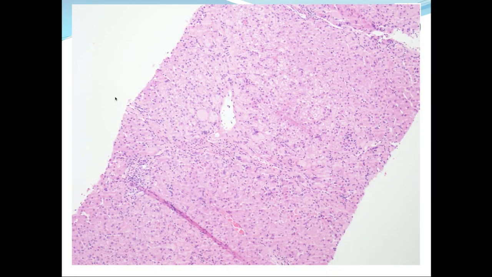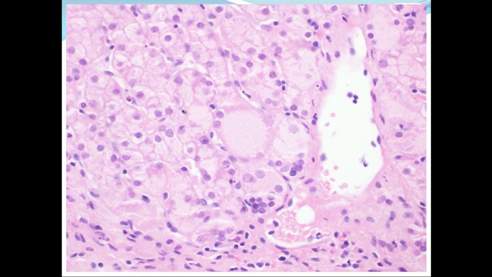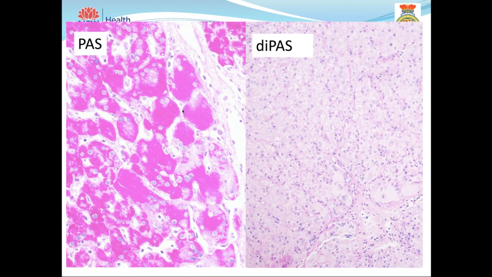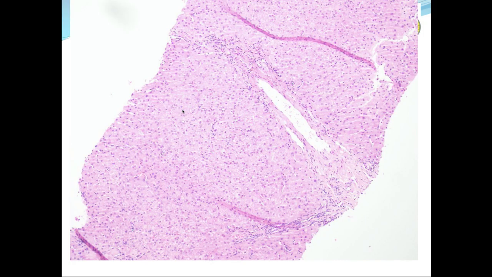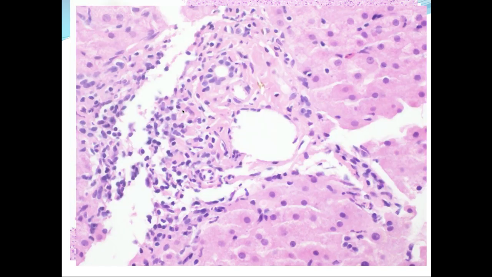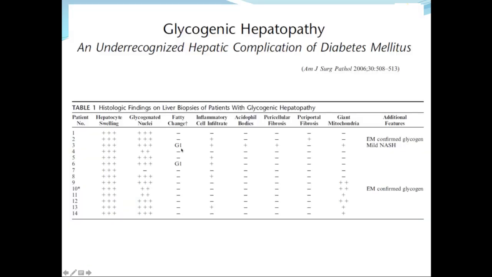So looking at the liver, I think, even at low power, you can see that there's quite a marked abnormality in the hepatocytes with this expansion of their cytoplasm shown more closely here. This material is strongly PAS positive and removed by diastase, consistent with glycogenic hepatopathy. What I guess complicated the case a little more was the presence in some portal tracts of some relatively mild portal-based inflammation. So as I said, we've got positive autoantibodies, history of celiac disease, history of diabetes as potential contributors